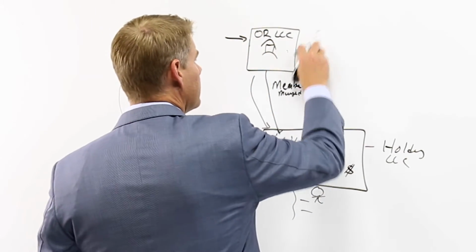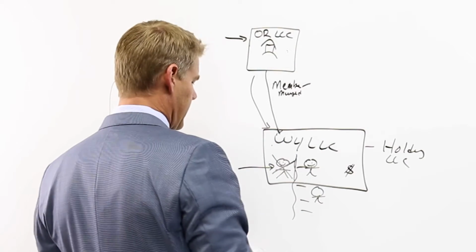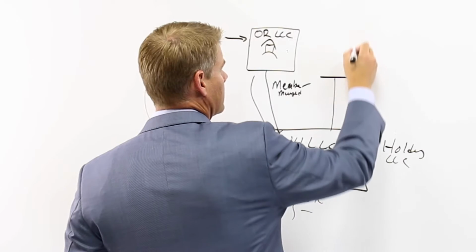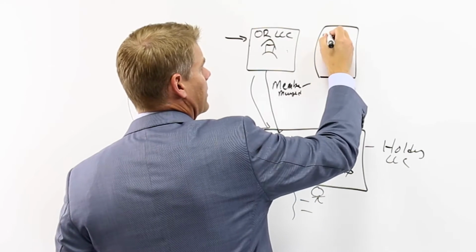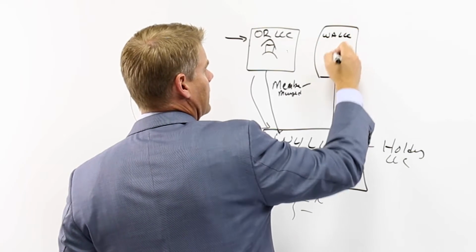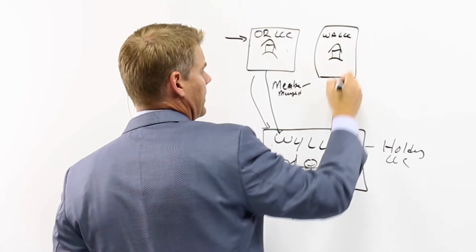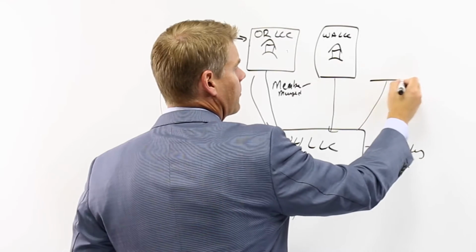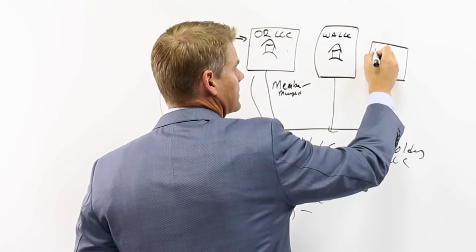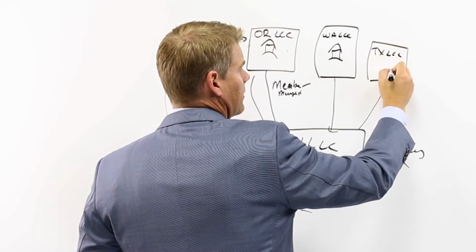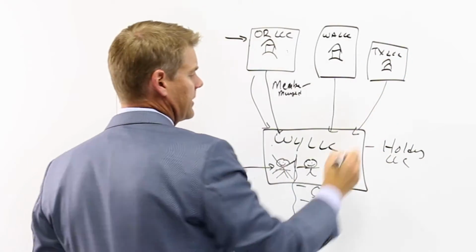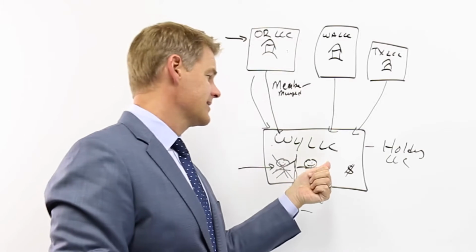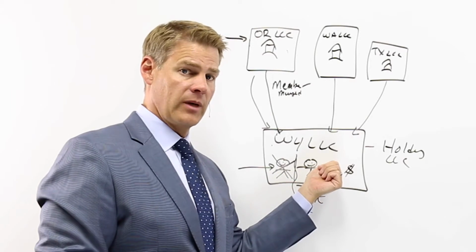Now, as you go forth and you begin to create other LLCs, you would create them as follows. So if, let's say, I decided to buy a property in Washington, I'd create a Washington LLC here to own this property. And again, everything points back to this Wyoming LLC. Let's say I bought a property then in Texas. It'd be a Texas LLC right here. And everything points back down to here. So no one knows who is associated with these entities because this hides the information.